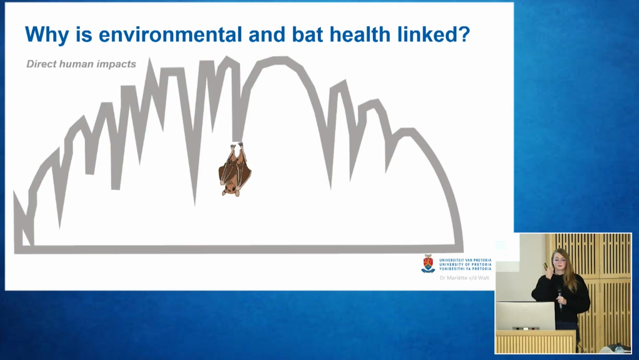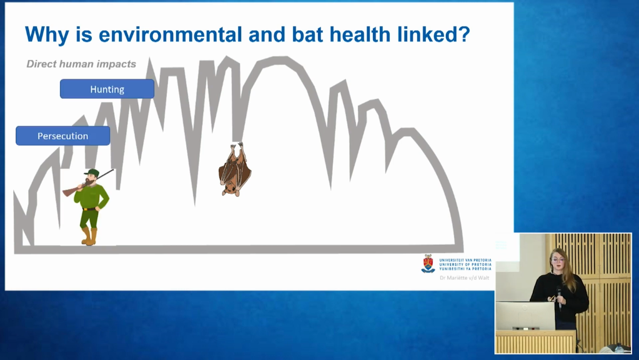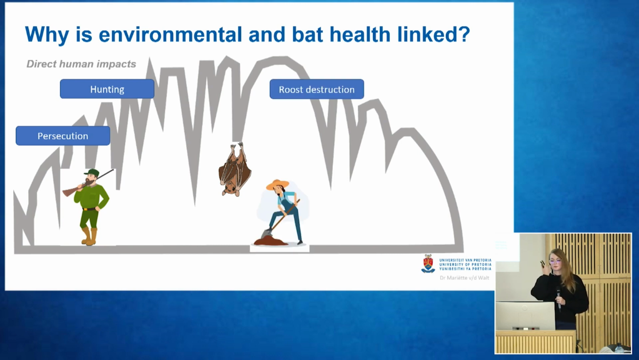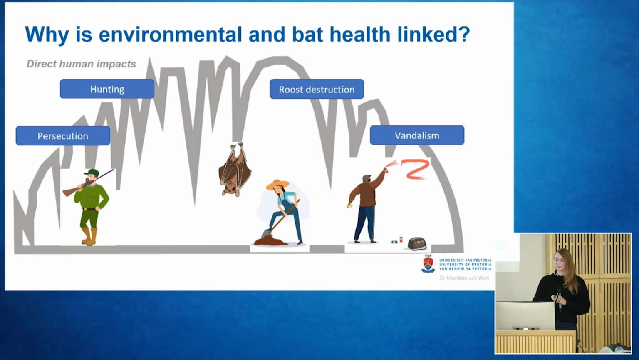We also have the direct human impacts where, for example, here we have the Rosetta's roosting in his cave, and we have people coming in persecuting the bats because they might perceive them as pests, or people actively hunting bats as a food source. You also have roost destruction where people come in and mine for guano or do mineral mining. Also, there are people that just like destroying things, so they might come into your cave roost and break things and